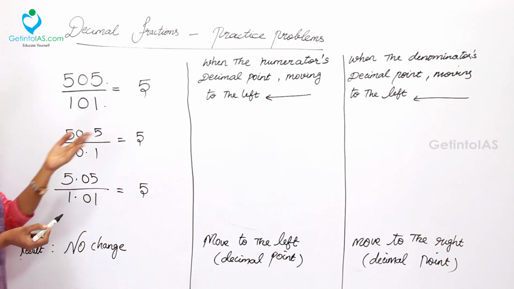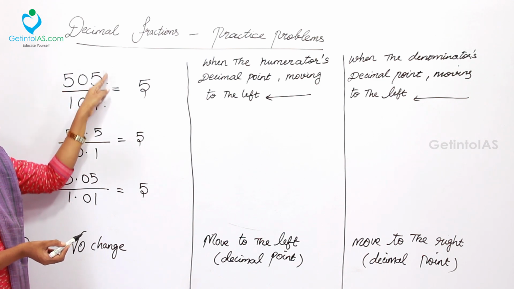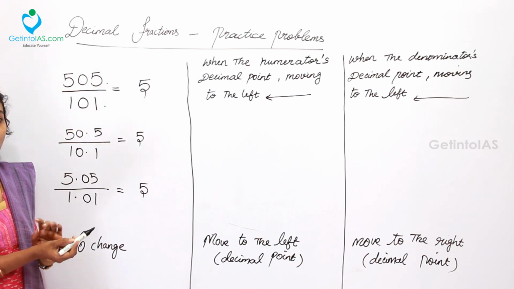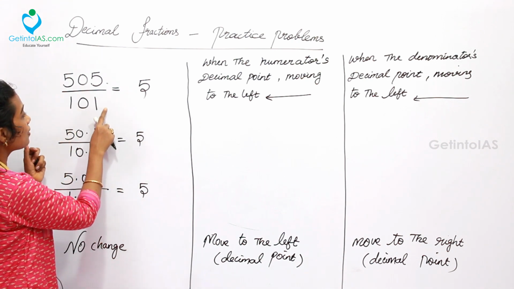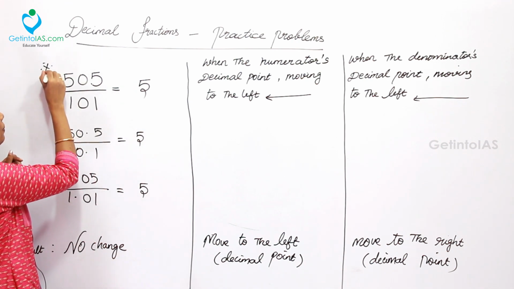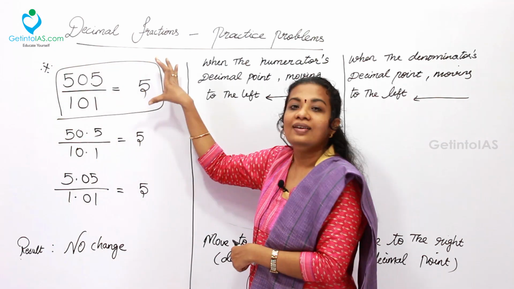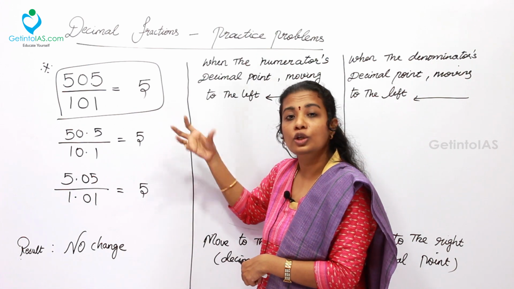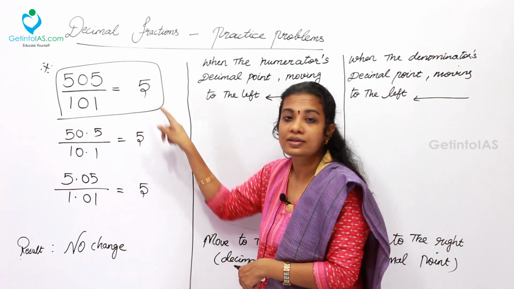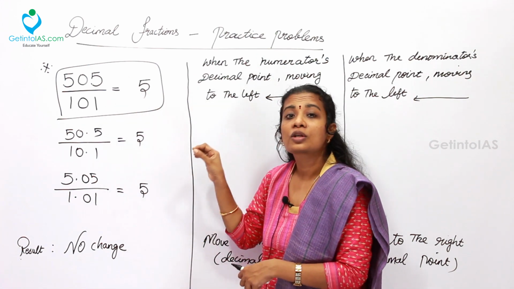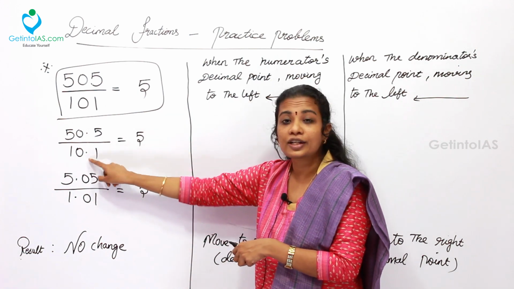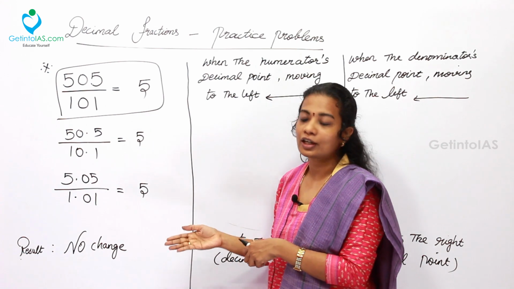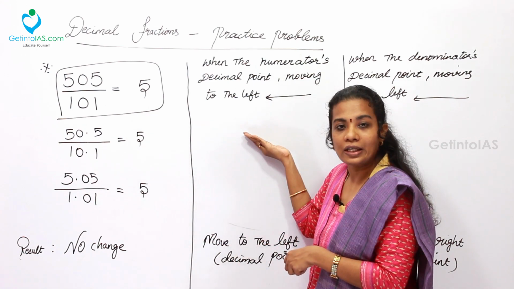Now, what will happen if only in the numerator I move the decimal point without affecting the denominator? Let's see now. This is a very important one, because this is the concept. These kinds of concepts will be given in the question. You have to observe it, and without doing these calculations, tell where the decimal point is to be placed appropriately. That is the thing. For that practice I am giving these concepts.